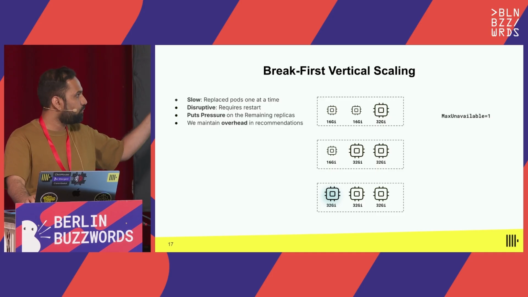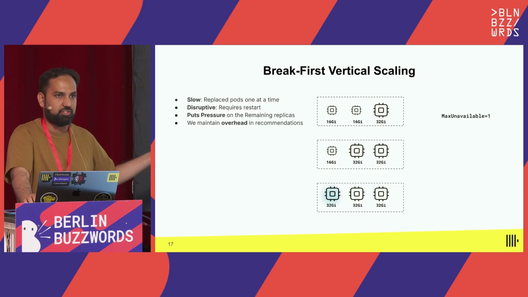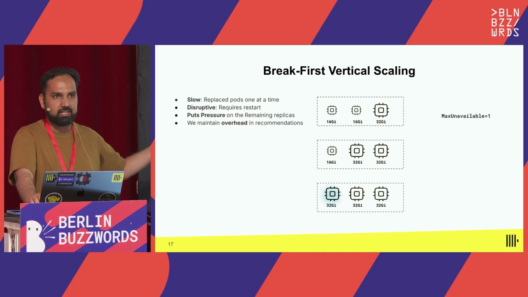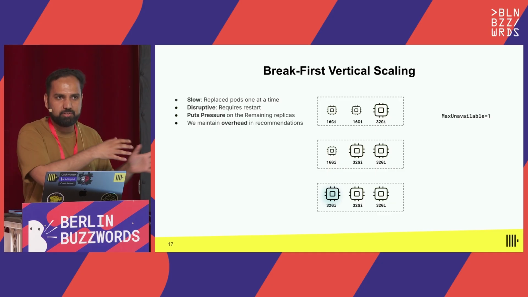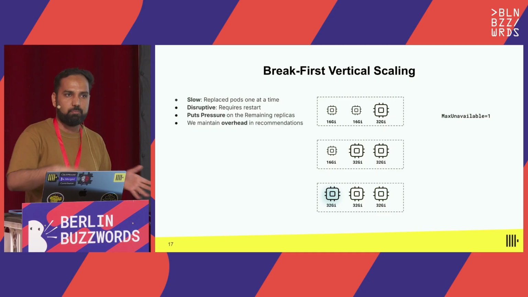And this happens in a rolling restart fashion. So if you see on the right here, you have maximum unavailable equals 1. That's the pod disruption budget. Because obviously, you cannot have it 0. Otherwise, you'll never get any evictions and you're stuck. And if you have it more than that, then you risk losing even more capacity and availability, which is not good. So this is kind of the best you can do in this break-first scaling model that we call it, because you're breaking a replica before you're making one.